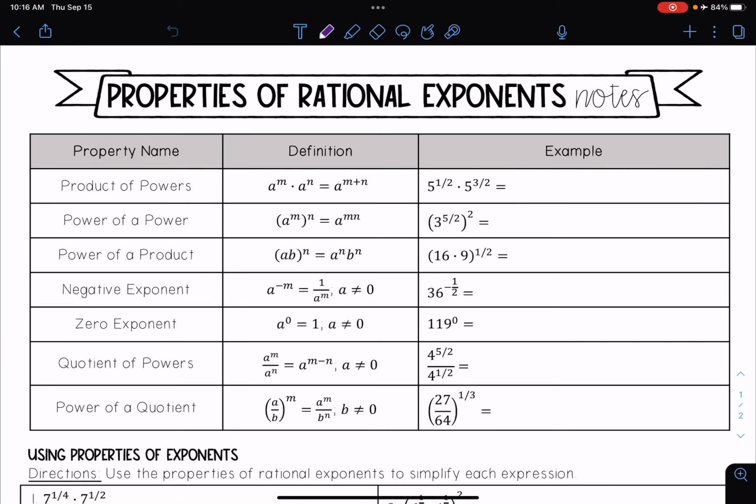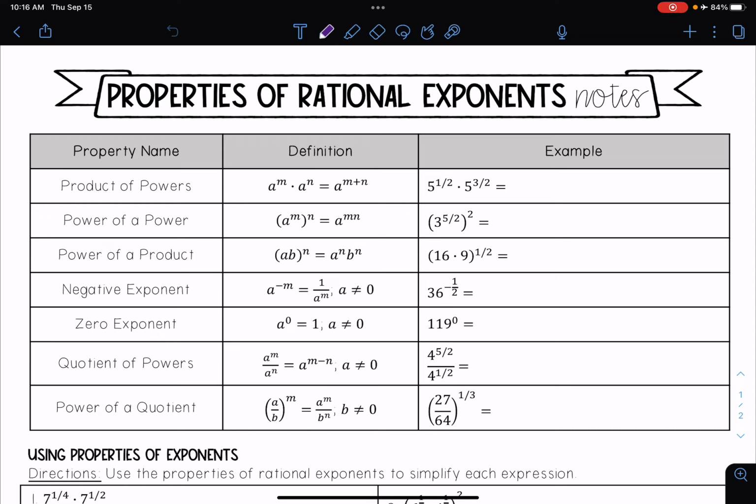Hello everyone, today we're going to be talking about properties of rational exponents. So first I'm just going to do a review over all of our exponent rules that we learned in Algebra 1. The first one is product of powers, and that definition is that a to the m times a